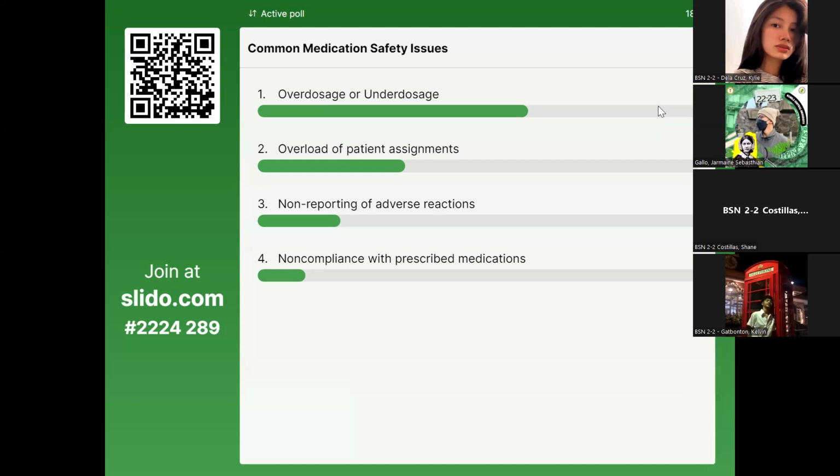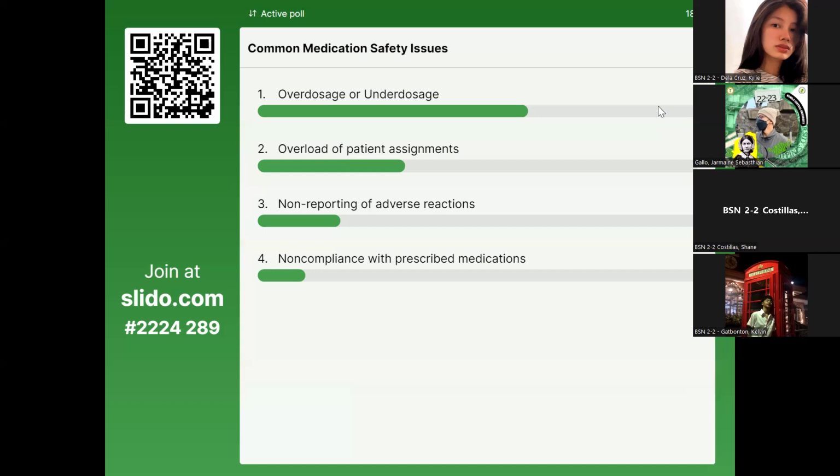So that's why it will also be the responsibility of the hospital administration to see also the welfare of the nurses, because somehow if the nurses will be burned out due to the overload of patient assignments, this may risk also the possibility of medication error. So yun naman yung problem natin. It may not be intentional, pero it may cause a risk for medication error. It may be unintentional, pero it may lead pa rin possibly to a medication error. Thank you so much, Jermaine.